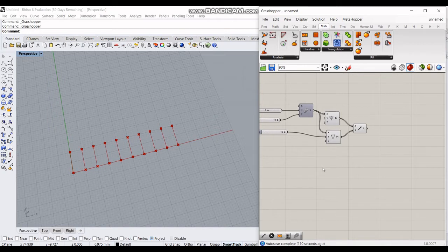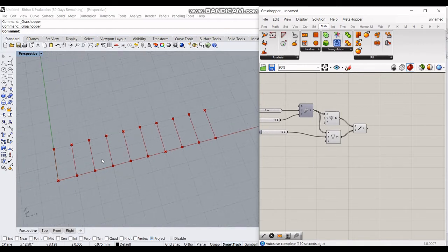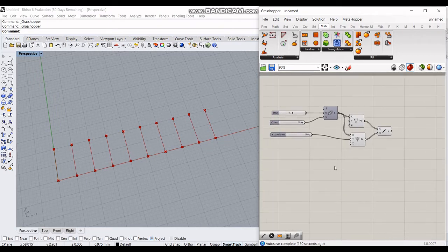Now to make the mountain lines, it's a bit tricky, so you have to understand that the starting point should be from here till the point before the last point, and the ending point should be shifted by 1 point from this point till this. So again, series is the key to make all that.